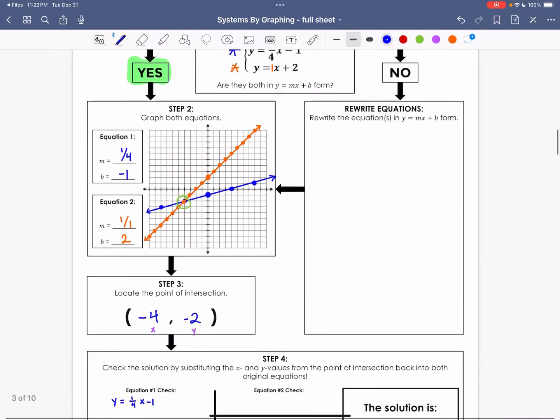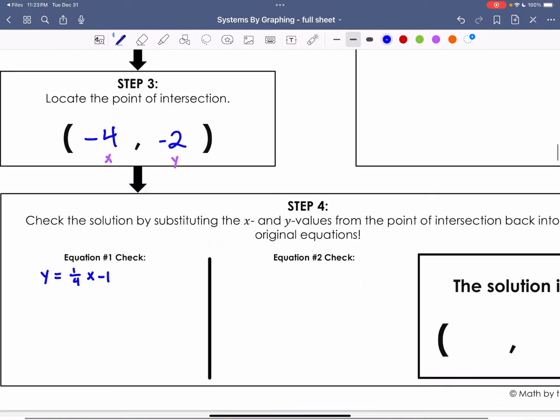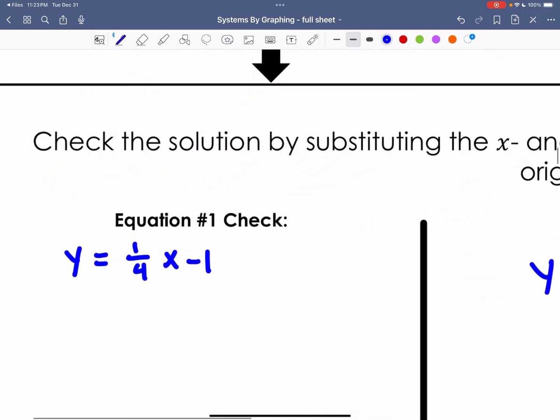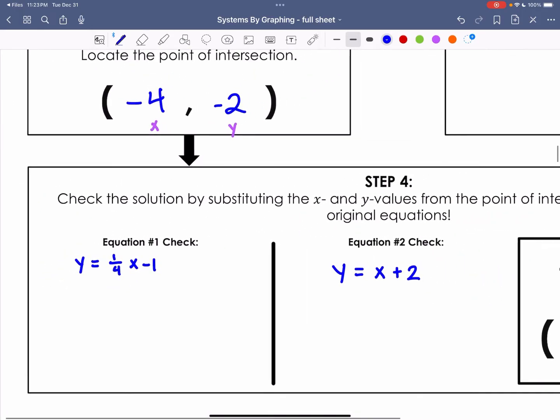And then the other equation was y equals x plus 2. Just a reminder, a solution is a value, or in this case, an ordered pair of values that makes an equation true. So when we substitute in -4 for x and -2 for y, we are looking for it to make a true statement. So we are going to start substituting and just make sure that what we get is a true